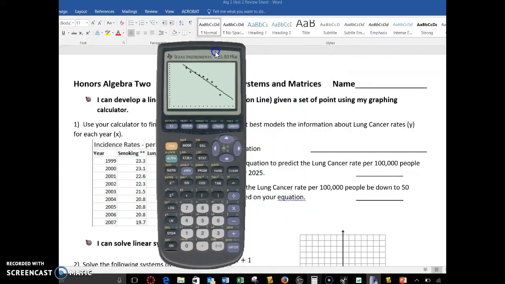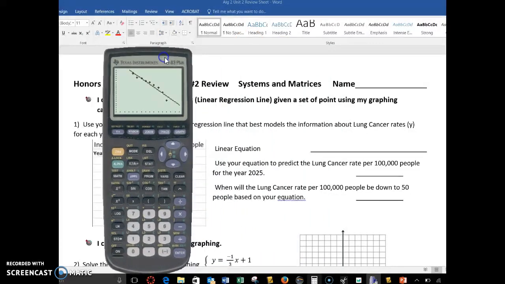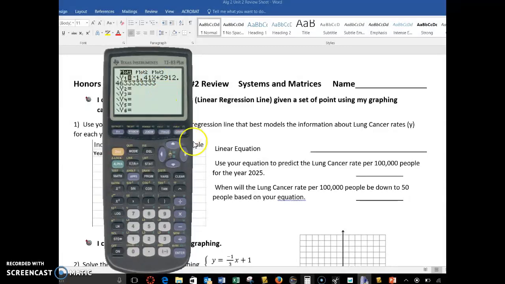And so then I have used my equation to answer some questions. So I would type my equation, which is right here. I would put that equation on the line, and then it says use your equation to predict the lung cancer rate per 100,000 people for the year 2025. Well, I can go ahead and plug in 2025 for x into my equation and just do it as I normally would. But the nice thing with a calculator, because I have this in here, is that now I can just go